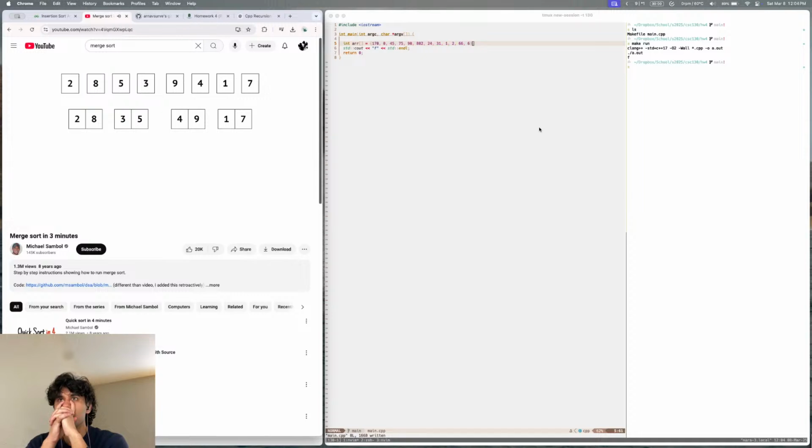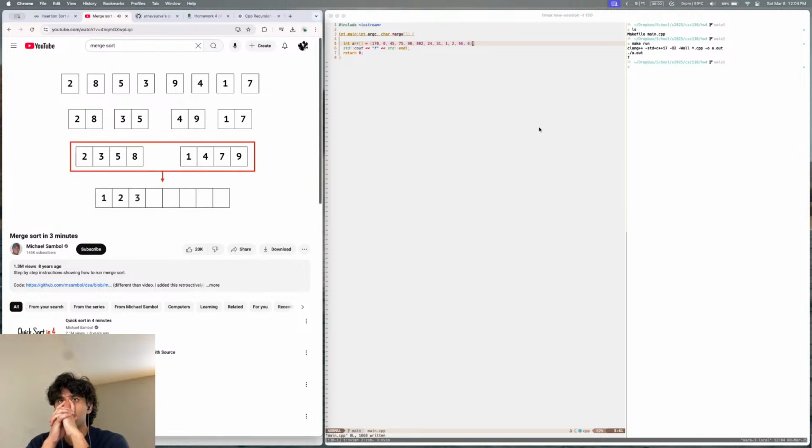The temporary arrays are sorted, but there's work left to do. Let's jump up the recursion stack and continue. We merge our smaller arrays into a larger one, inserting items in the correct order. One more merge, and we'll have our sorted array. And that's it. Our array is now sorted.